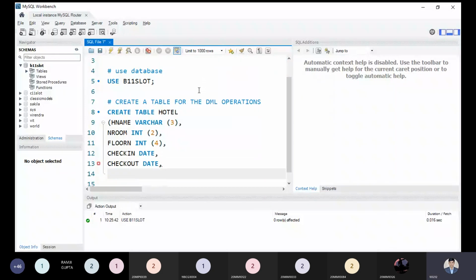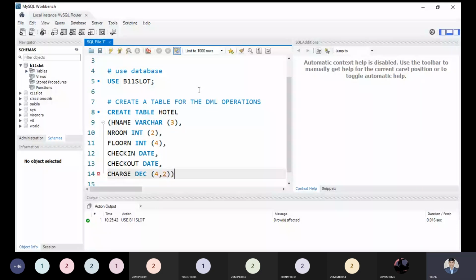Customer name. Customer name will come over here. Okay, customer name will be there, and there is also the amount. If you are choosing the floor or room number, then on the basis of floor number 1, 2, 3, the price or fare of the room will be different. So we can take room fare or room charge, but I will use room charge. So I am taking this one as a decimal, okay, with 4, 2.